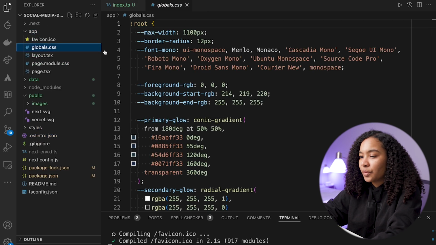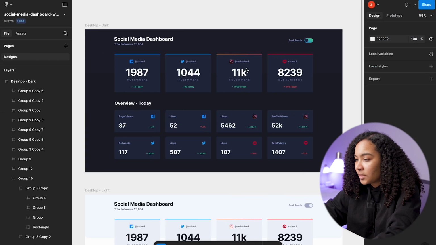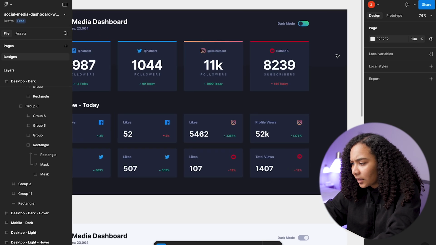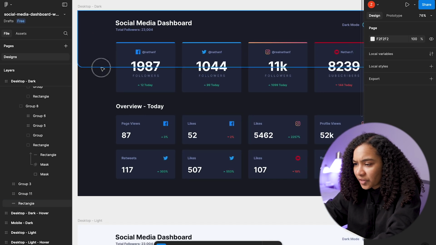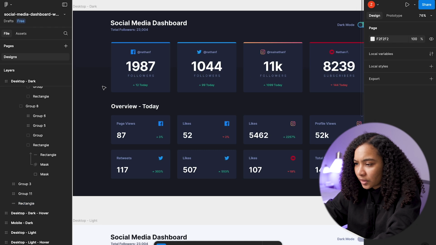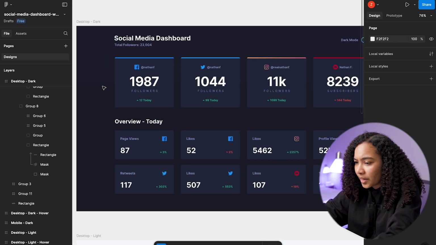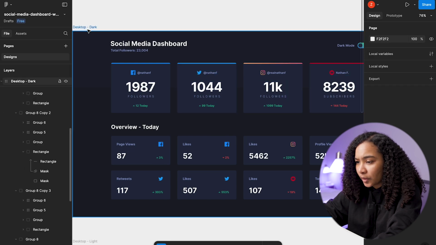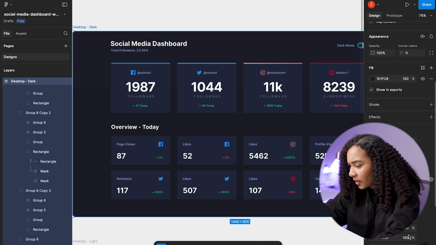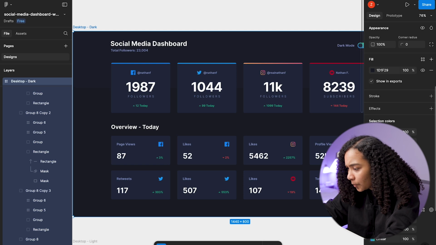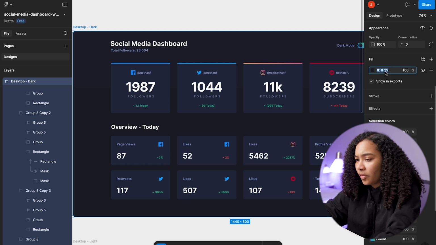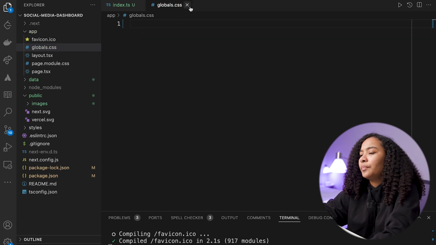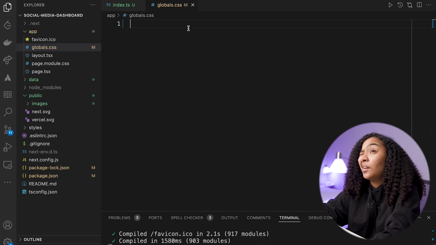All right, so first things first, we're going to clean up the styles a little bit. Let's take a look at the colors that we have going on here. It looks like there's some sort of section here that they want us to use as the background color. So I guess we'll have two background colors. We'll have this larger background color and then a secondary background color. Okay, so it looks like this is the background color. So we'll set that. Although actually, before I go and set it here,